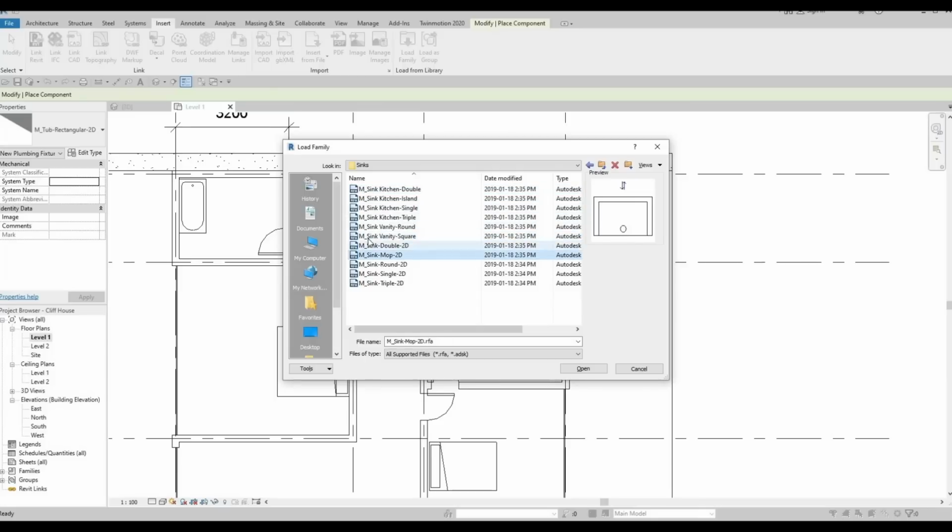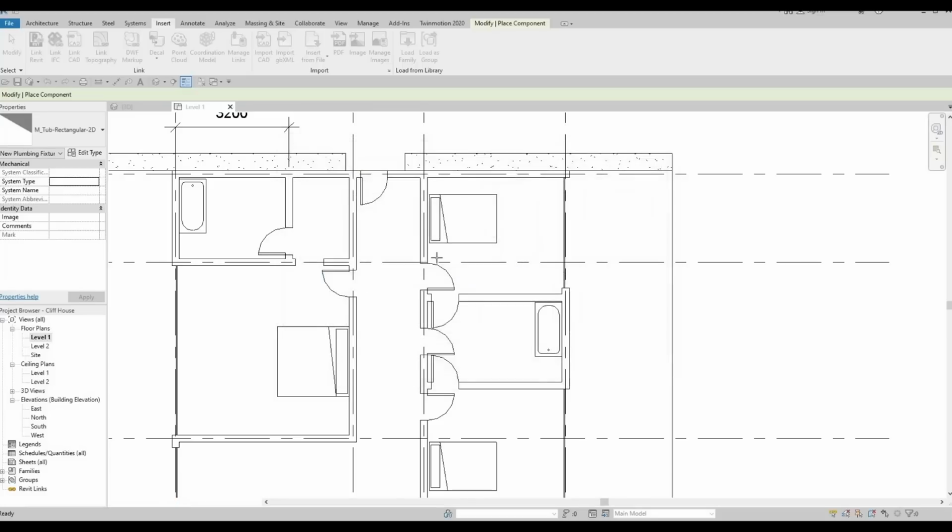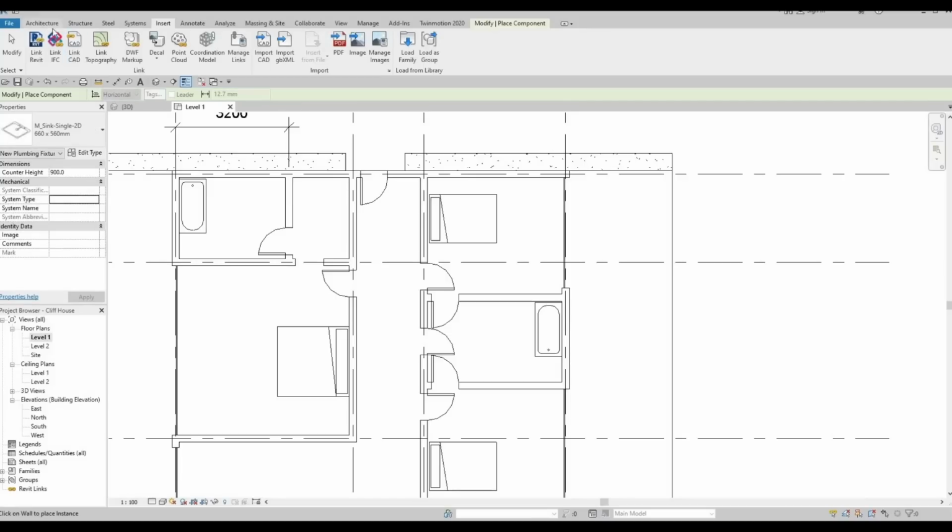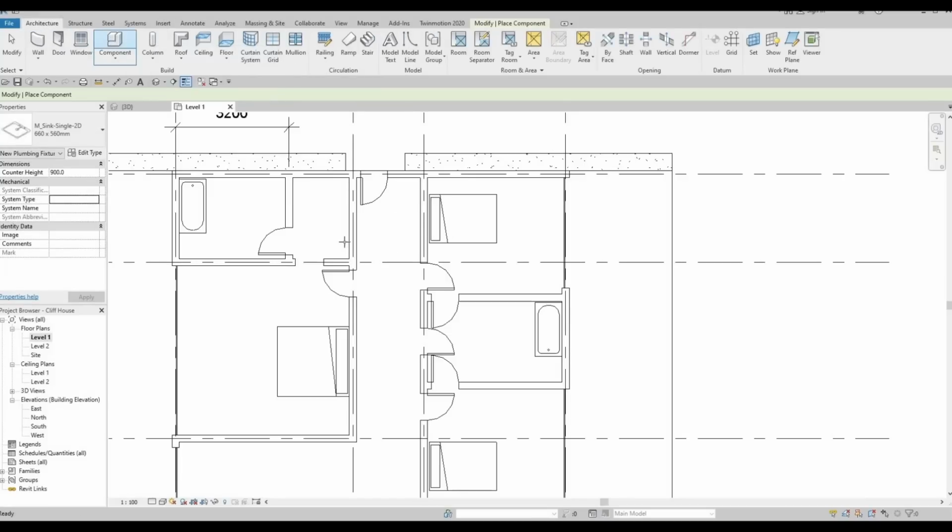So we're just gonna add a vanity square. So which one's better? This one is good. So press open, and then go to architecture and component, and you'll be able to add